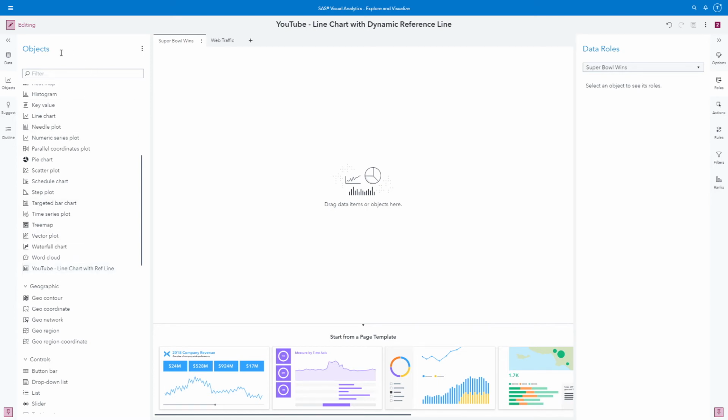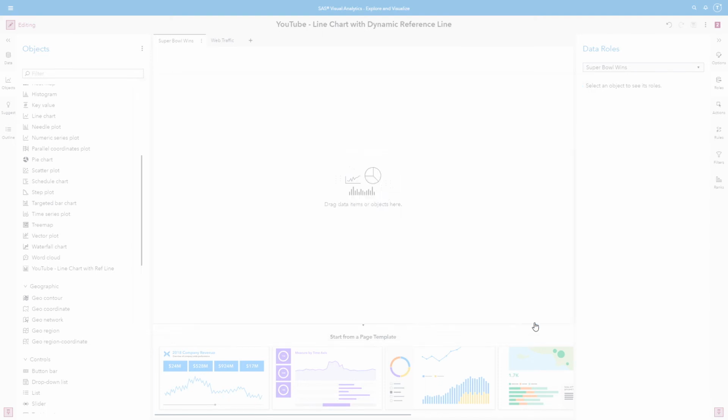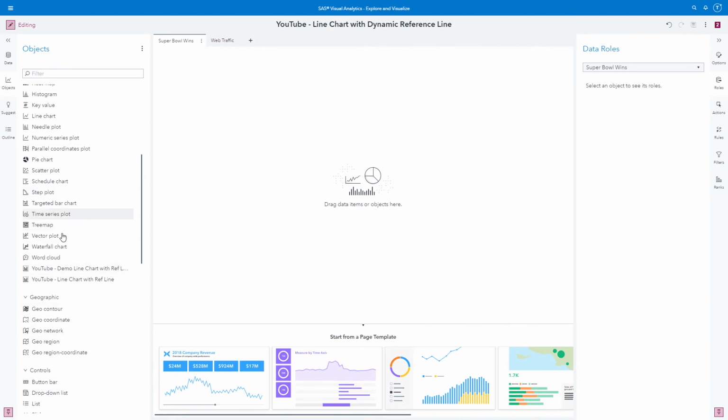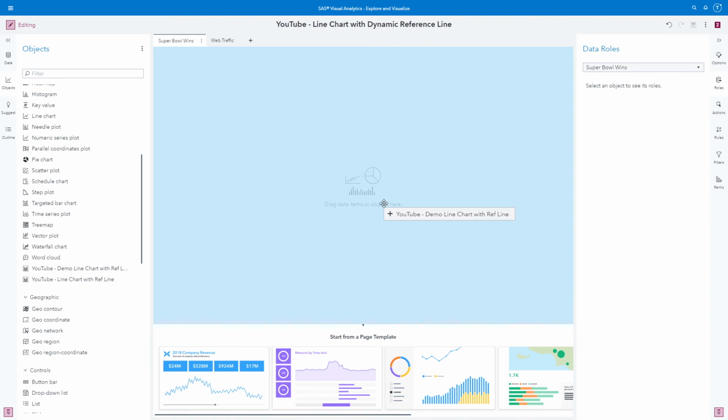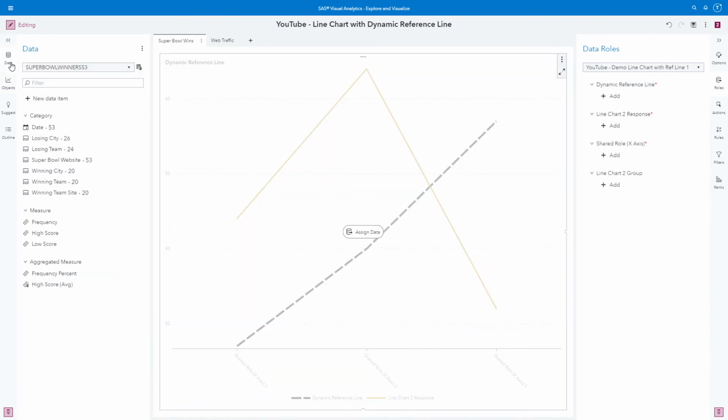So using the objects pane, using the overflow menu, we're going to import custom graph. Navigate to where you saved it. From my folder location, the YouTube-demo is what we just created. I'm going to click OK, and it shows up in the list of available objects. I'm going to go ahead and drag that onto the Super Bowl wins table or page,